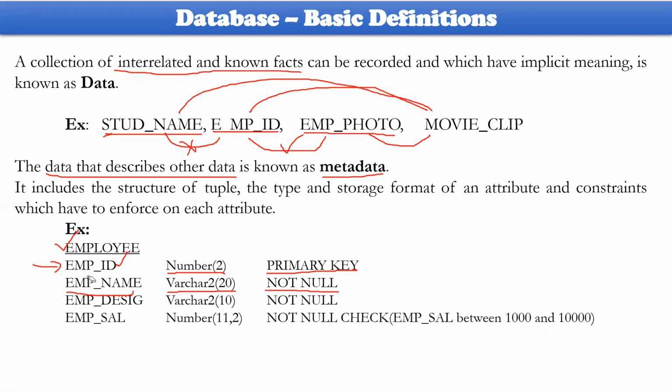Then you could come across interrelation. Interrelation in the sense, this is the actual item. Let me consider, employee is the actual item, I mean actual data. Within this particular data, we do have some kind of metadata. That metadata could be